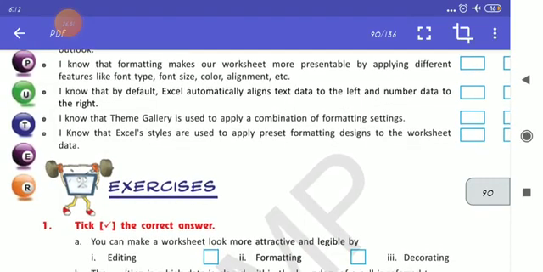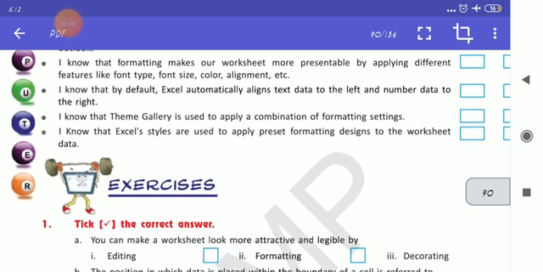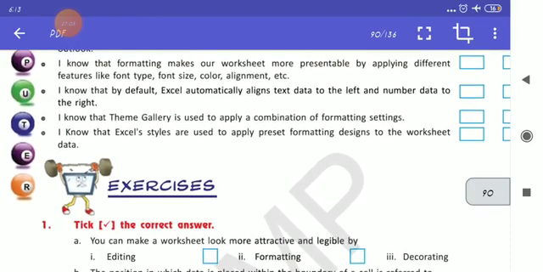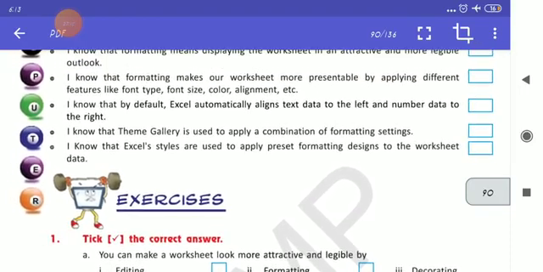I know that the theme gallery is used to apply a combination of formatting settings. Just now we have read about themes, different themes you will select, the combination of formatting settings. I know that Excel styles are used to apply preset formatting designs to the worksheet data.